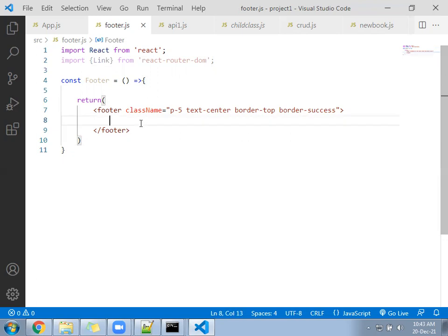Now inside the footer you will keep a paragraph, footer of application.